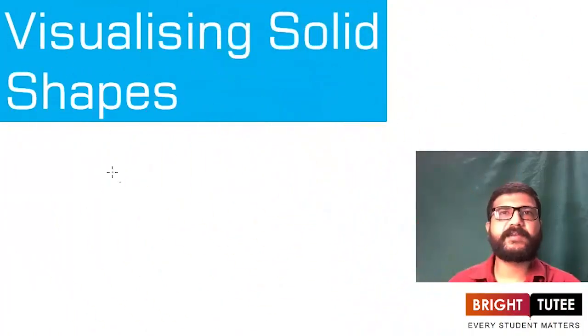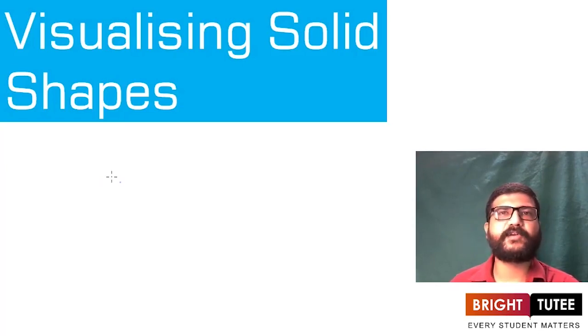In the previous session, we learned how we can draw a 3D figure or a 3D solid shape on a piece of paper, or how we can draw a 3D solid shape on a 2D plane. We have seen there were two techniques for doing that. The one was oblique sketch, and the second one was isometric sketch. We have learned about both the sketches in the previous session.